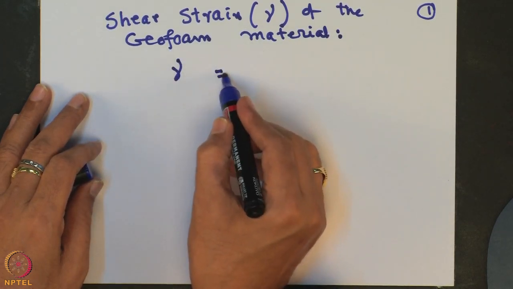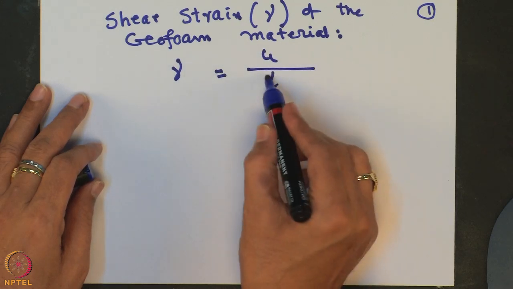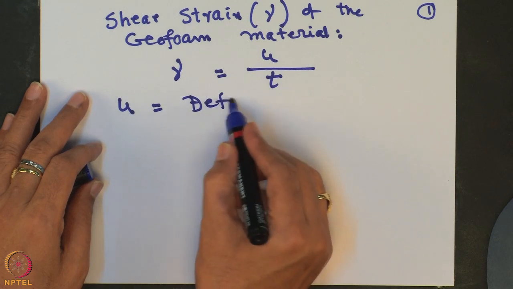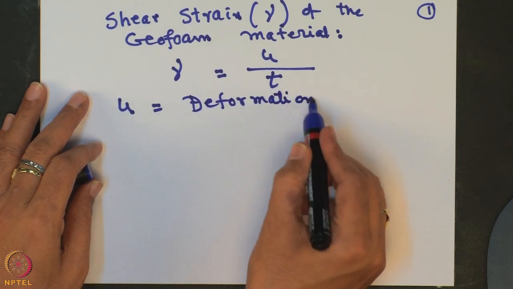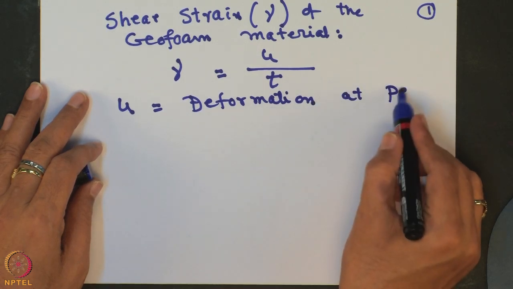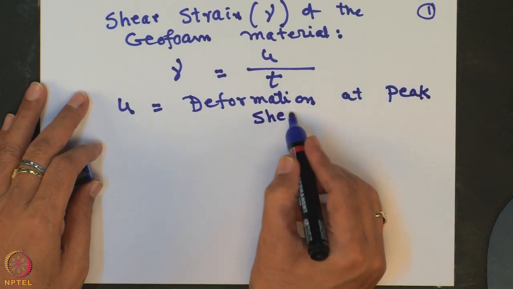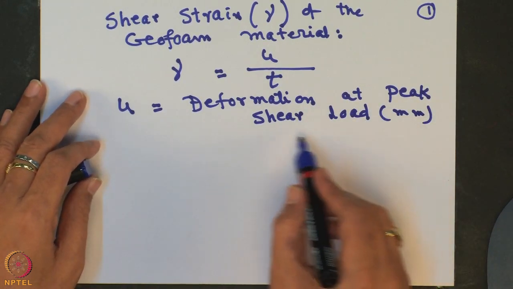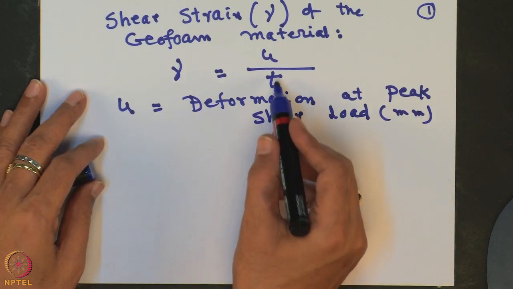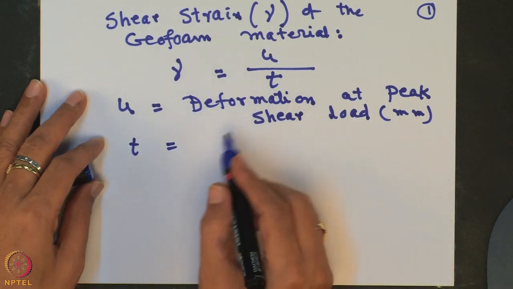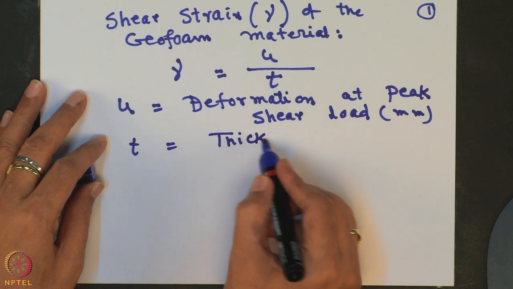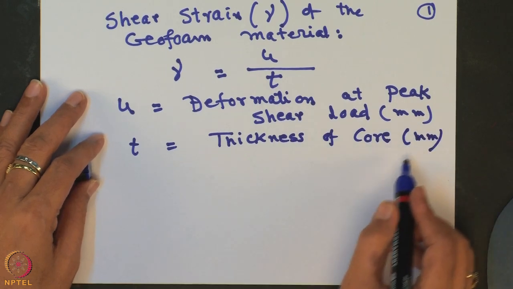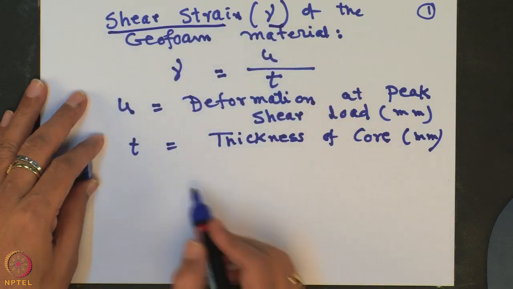So, the shear strain is equal to U divided by T, where U is equal to deformation at peak shear load in millimeter, and T is the thickness of core, that is in millimeter. So, this shear strain, that is gamma,